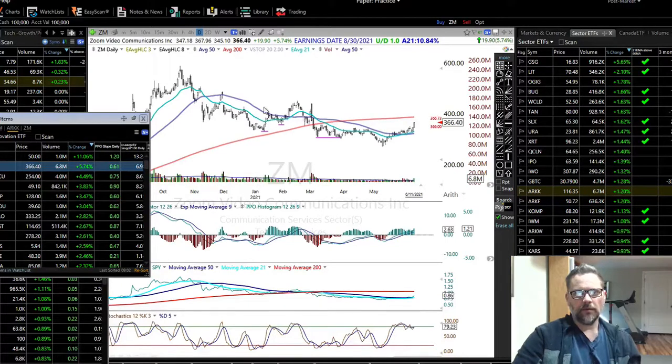the 200, but the 50 was still kind of down sloping. But if you draw a line across, depending on where you draw it, here you would have had that break, but that's why it doesn't always work. You have stop losses, and then you do another one. You've kind of broken that now, but you've got that 200-day moving average. So you could wait for more